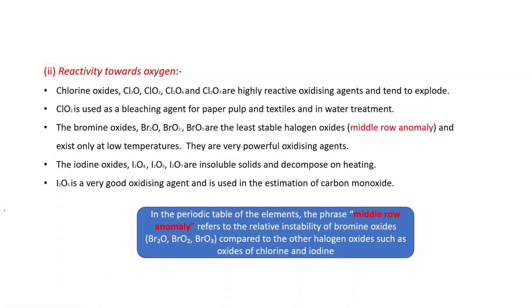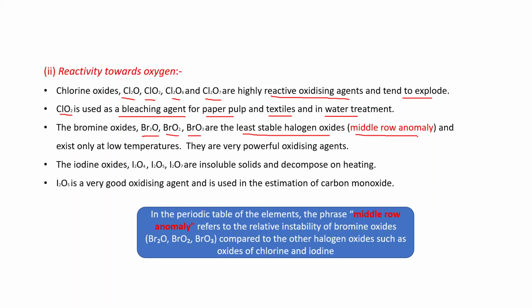Now again, if we compare these oxides, chlorine oxides Cl2O, ClO2, Cl2O6 and Cl2O7 are highly reactive oxidizing agents and tend to explode. ClO2 is used as a bleaching agent for paper pulp and textiles and in water treatment. The bromine oxides Br2O, BrO2, BrO3 are the least stable halogen oxides, as we discussed, and this is known as the